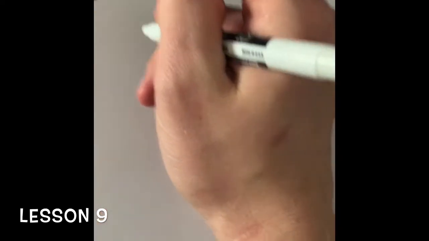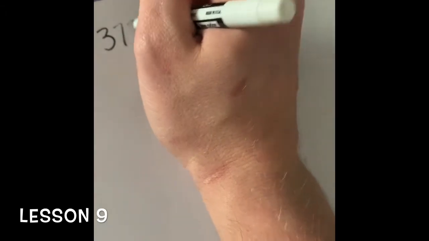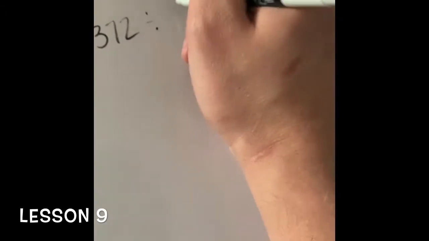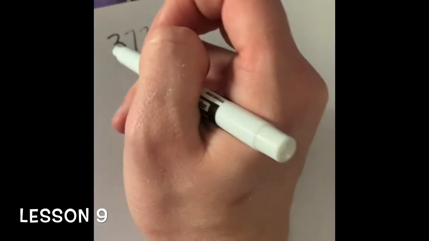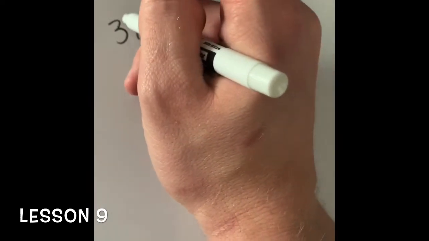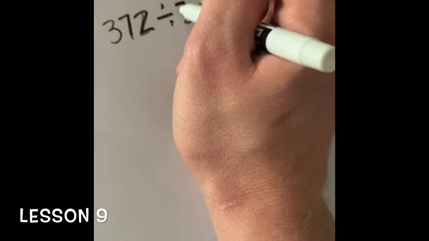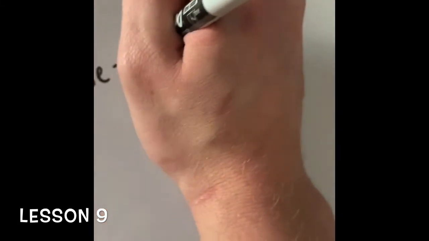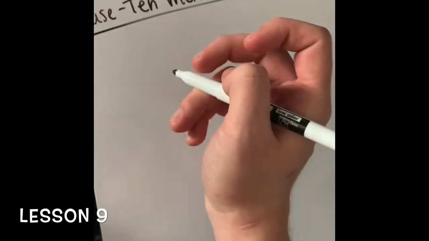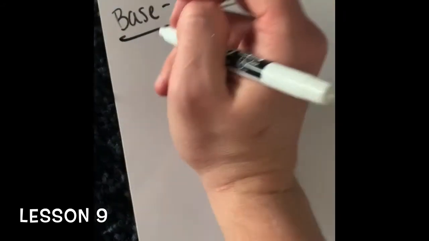So the problem that we're going to be looking at is 372 divided by 3. Let's see if I can make that a little prettier. 372 divided by 3. Okay, so what this is saying is we have now our base 10 method. So with our base 10 method, that's where we're going to have those squares, those rectangles that have different quantities to it. So we have our